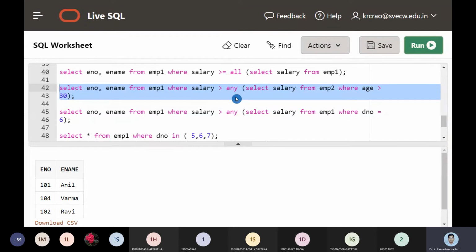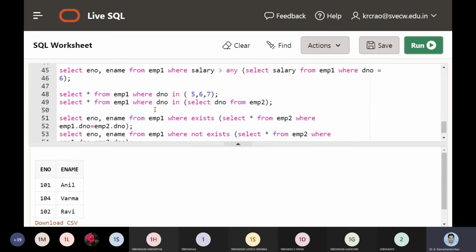But in the earlier condition, we were making an all operation. 1 into 0 is 0, 0 into 1 is 0, 0 into 0 is 0. Only one true case: 1 into 1 is equal to 1. Only that is the true case. That is the reason why all the three conditions should fit. So that was the basic difference we were going to check.